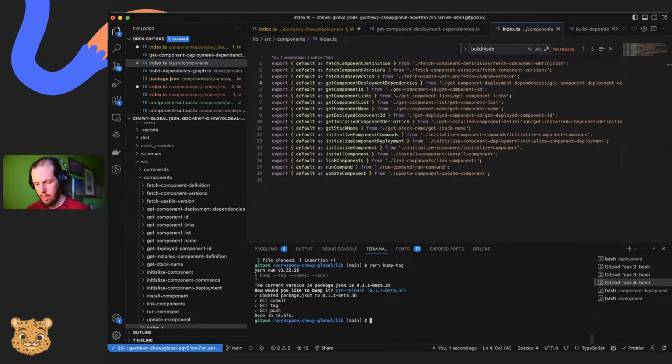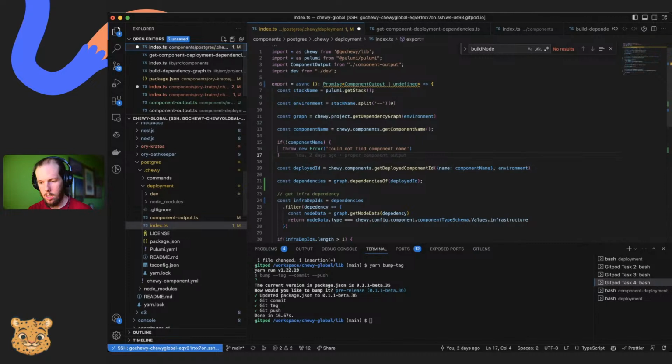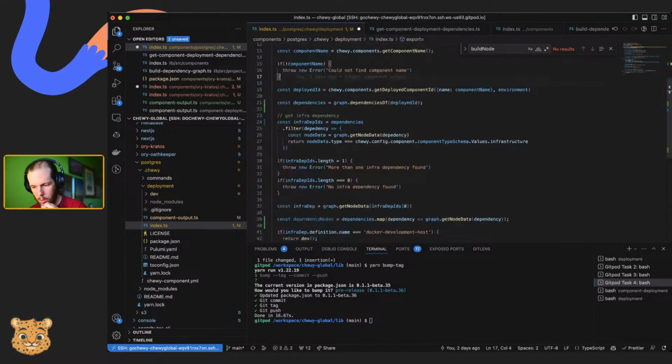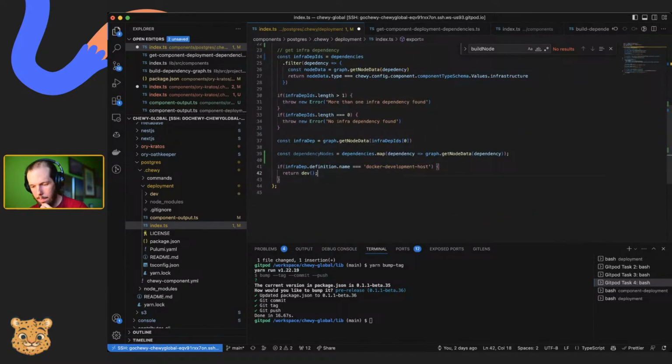Okay, so that should be usable at some point soon. In the meantime, we can try building with a local version. Okay, so in here,